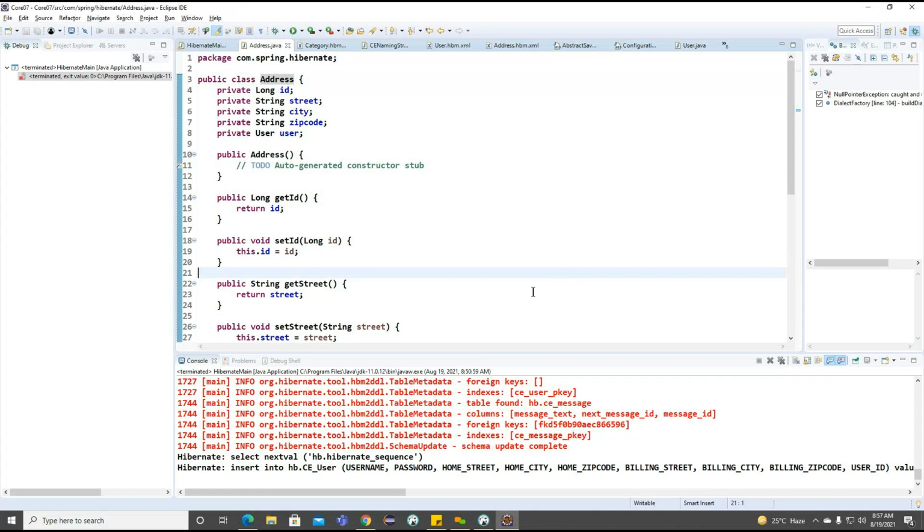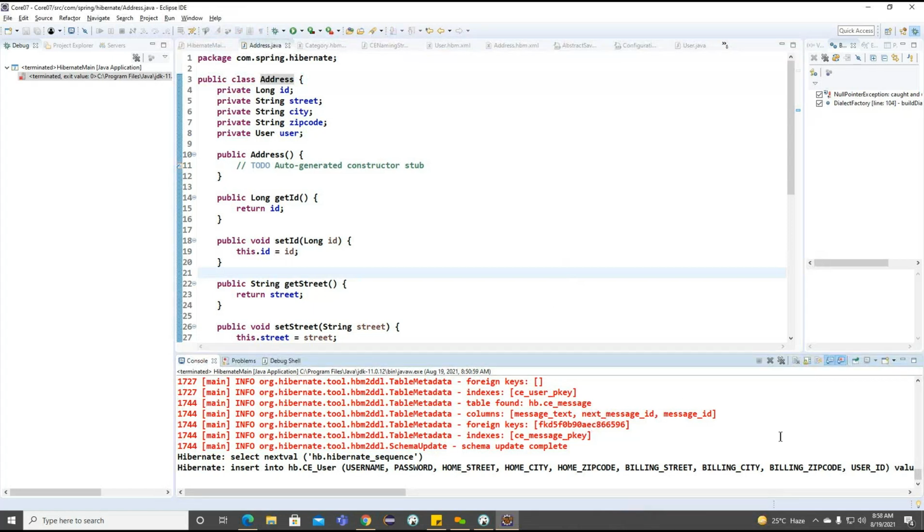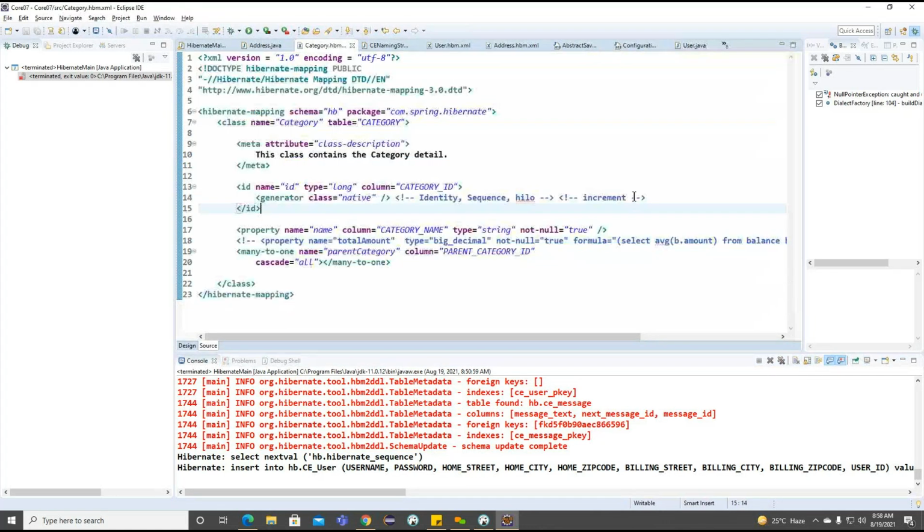Any questions regarding today's session? So basically, we identified some of the information for schema and packages, and we created the naming strategy classes.